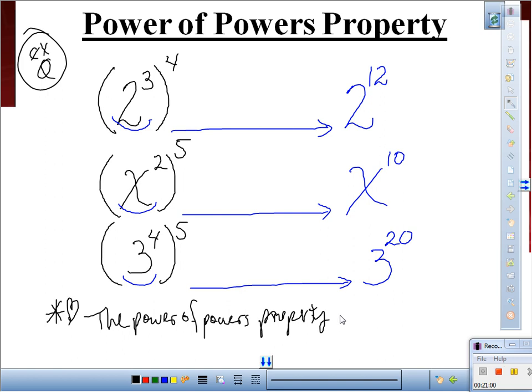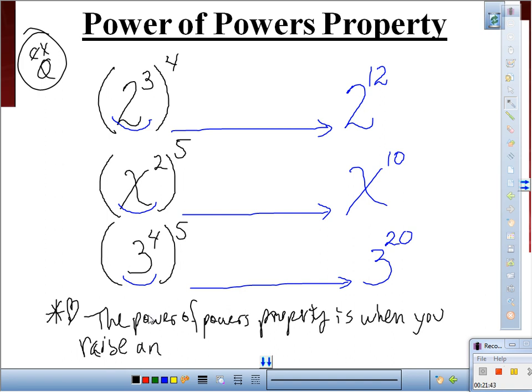Julian? Is when, hold on. Before we make it too wordy, look up to the screen. Whenever this is happening, this is what we call rising or raising. Raise. So, with that said, Julian, the power of powers property is when you raise,